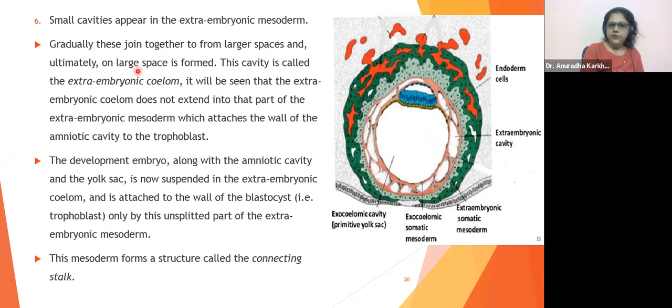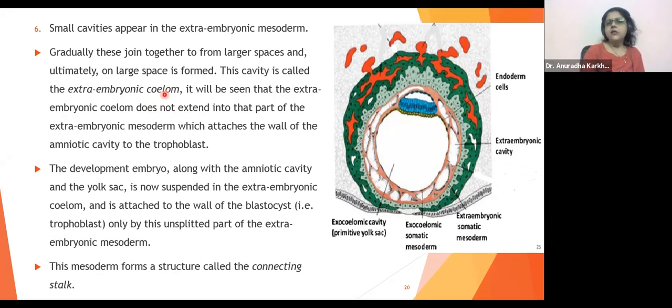and ultimately one large space is going to be formed. Now this cavity which is going to be formed over here. So there is one cavity over here, one cavity over here, and now one more cavity is developing over here. This cavity, the lowermost cavity, the pink area which is going to merge together now, that particular part will form the extra embryonic coelom. Okay. So this is how the gaps are going to cause cavity upon cavity to start forming. Why do we need so many cavities now? What is the use of it? That is what we want to talk about.